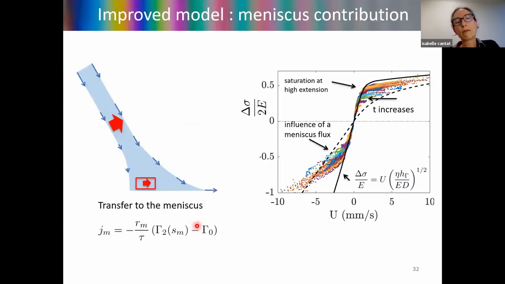And we believe that the assumption that needs to be modified is that the flux is 0 at the meniscus. Actually, we solved the problem in the lubrication approximation, which is only valid in the flat film, and we cannot reach exactly the point where we know for sure that the velocity should be 0.